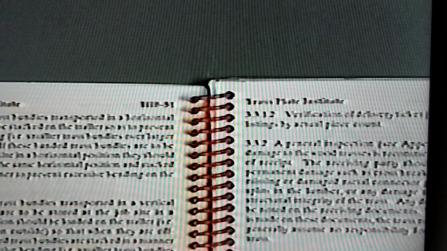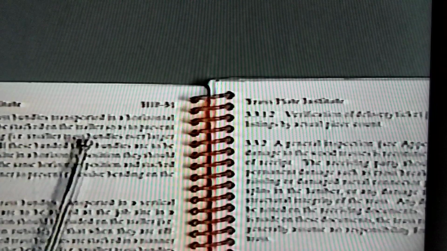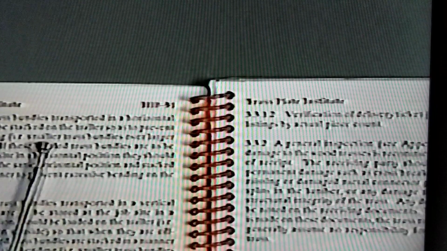The first issue addressed is the shipping of trusses, 3.2.3, which is on page 6 of my edition. And it's saying basically if your banded truss bundles are transported in a horizontal position, they should be stacked on the trailer so as to prevent excessive bending. You're also supposed to stack them so they're easy to remove. That is to say, the smaller trusses go on the top of the pile. These banded trusses are transported, and then they're supposed to be left at the job site, and they're not supposed to be simply dropped on the ground. They're supposed to be maintained in a way that protects them from the earth and from moisture, and so that